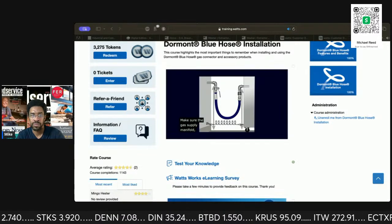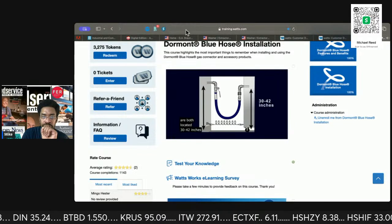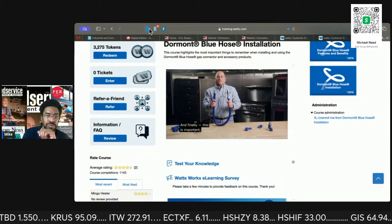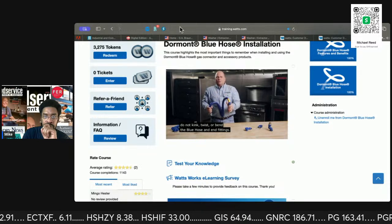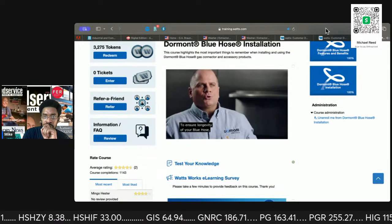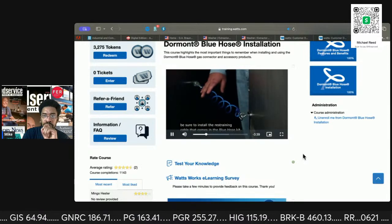Make sure the gas supply manifold and appliance inlet are both located 30 to 42 inches from the floor. And finally, this is important, do not kink, twist, or bend the Blue Hose and end fittings. To ensure longevity of your Blue Hose, be sure to install the restraining cable that comes in the Blue Hose